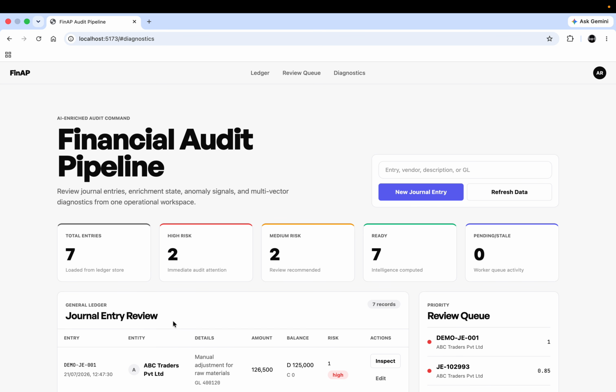So let's talk about some trade-offs, scaling, and then we will close this walkthrough. So for this MVP, I chose a MongoDB backed queue because it keeps local execution simple while still demonstrating atomic claims, leases, retries, deduplication, and recovery. At larger production scale, the worker-facing repository boundary could be replaced with SQS, Kafka, RabbitMQ, or BullMQ without changing the